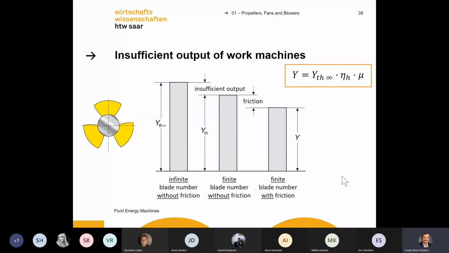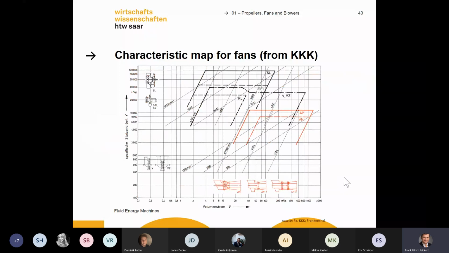Okay. So the efficiency depends on plate numbers. That's also one of the last slides. It's a bit small. We will need it later for the exercises. If we want to design a fan and we want to buy a fan, if you go, for example, to